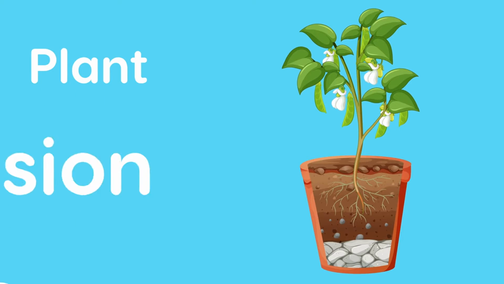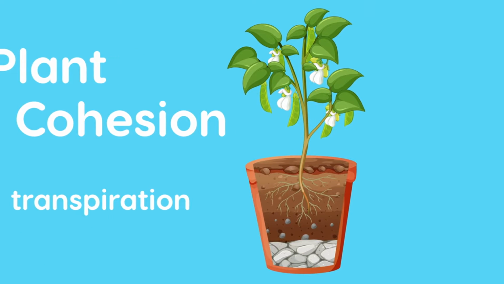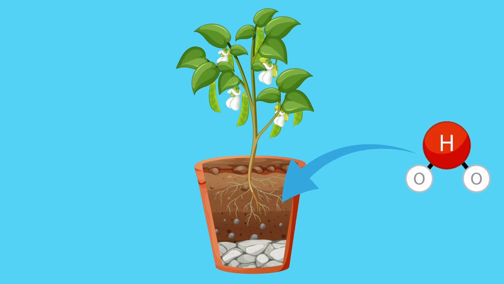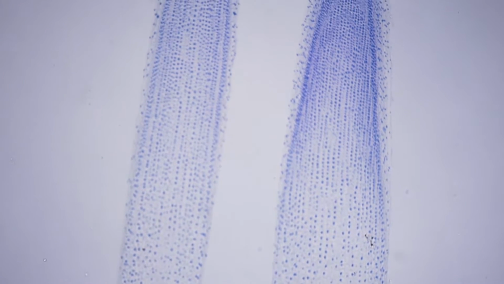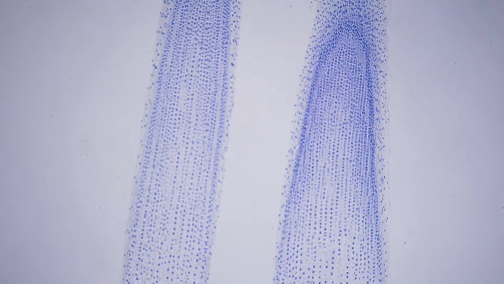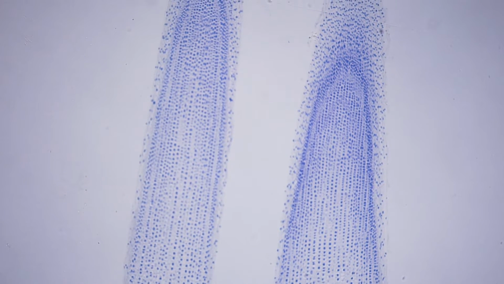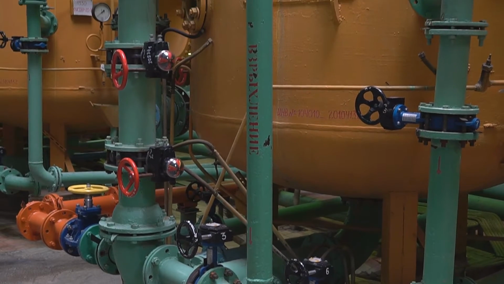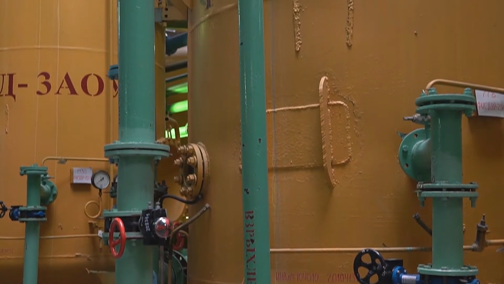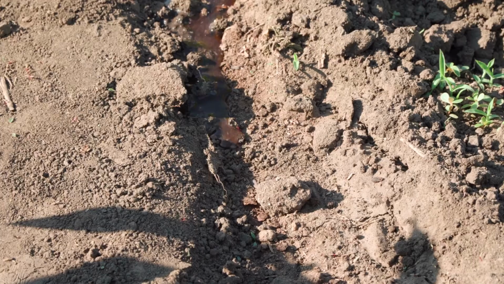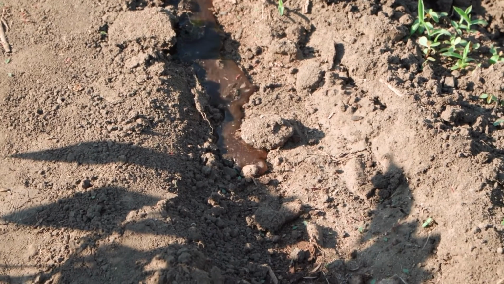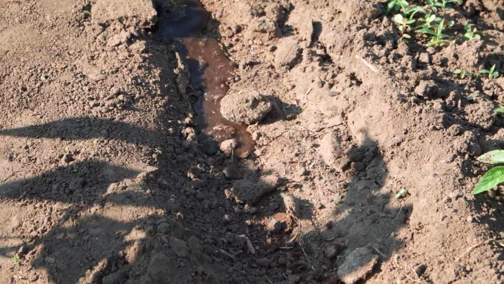This process, known as transpiration pull, helps maintain hydration and nutrient supply to the plant's tissues, even in challenging environmental conditions. Additionally, water serves as a carrier for vital nutrients dissolved in the soil or fertilizer, enabling their uptake by the plant roots. Through osmosis, water moves into the plant's root cells, creating a pressure gradient that drives nutrient absorption. Once inside the roots, water transports these nutrients upwards through the plant's vascular system, delivering them to various tissues for